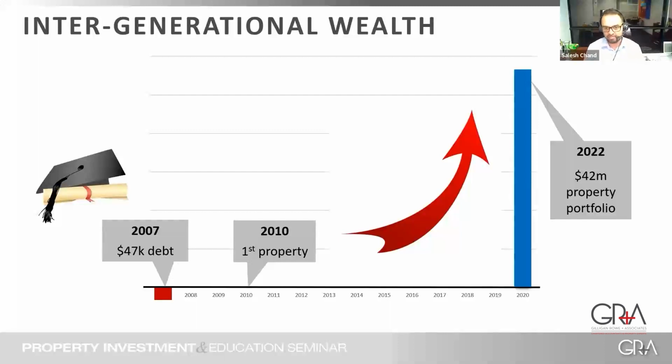And the reason I pay off my debt is because I don't want the banks to control me. I want to be friends with the banks, and I want to get what I want by paying off my debt. So all the banks have become good friends of us and the way we do business, right?